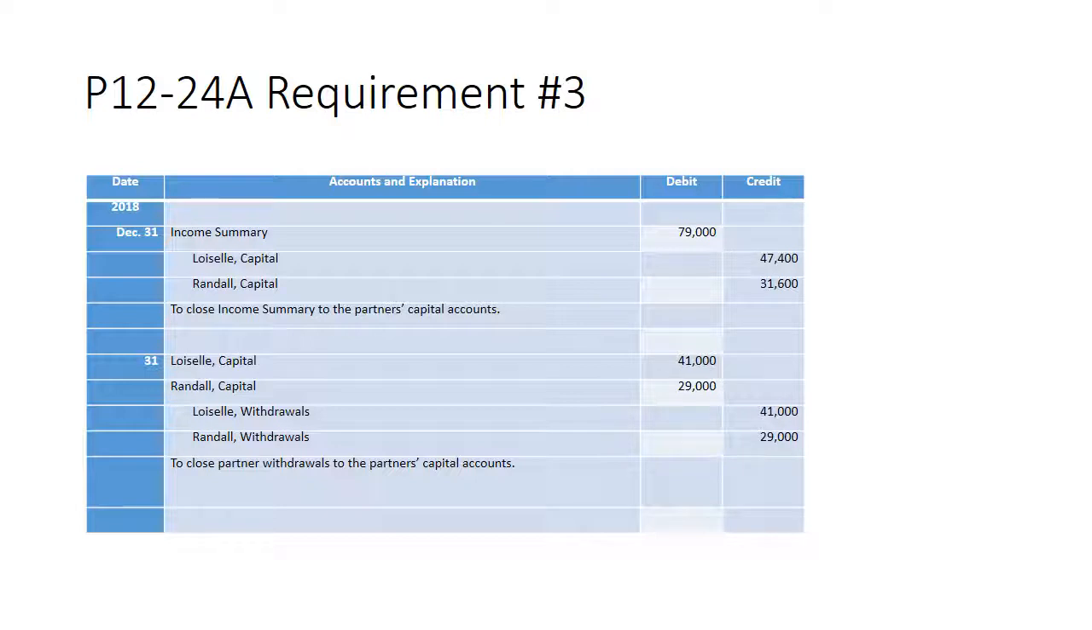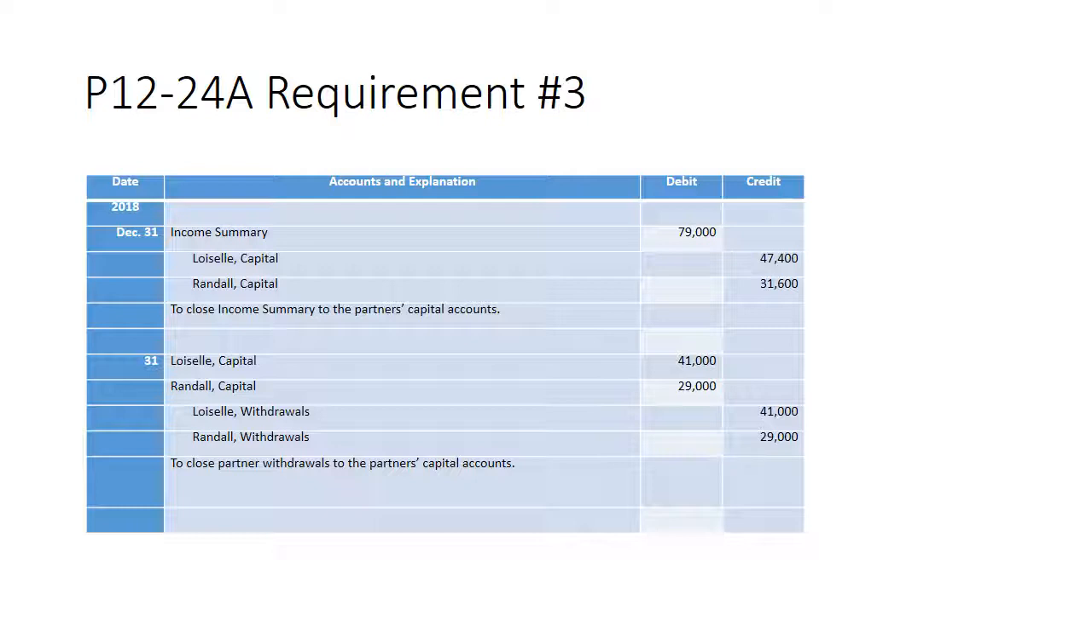Same with withdrawals. When we're closing withdrawals and we have the withdrawals defined for us, Loisel's withdrawals were $41,000 and each partner would have their own withdrawal account. We'll credit Loisel withdrawals $41,000, debit her capital account, reducing it. She took that money out of the business already. Do the same thing with Randall. Credit his withdrawals account, debit his capital account. Okay, so that's just demonstrating how we allocate profits, how we close out withdrawals, and set up the partnership. So that was